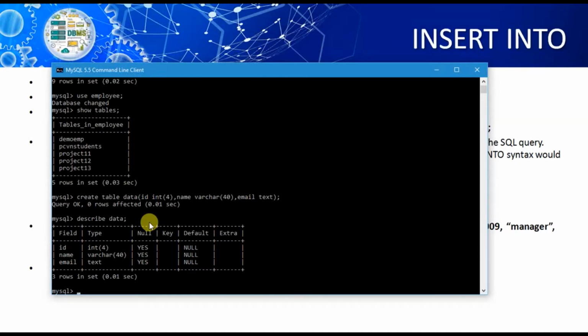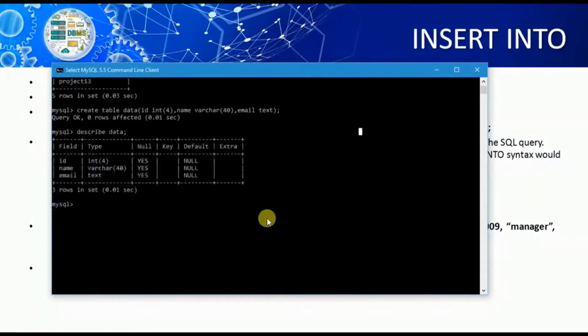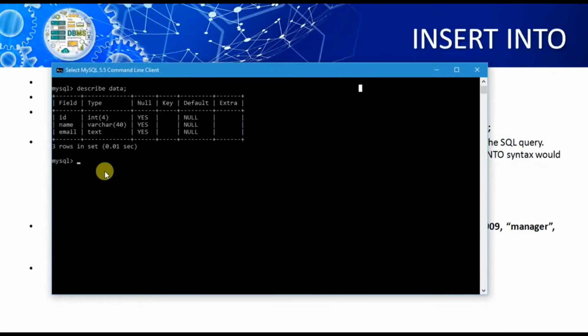For insertion, I want to pass the insert into query. So insert into, space, table name. Table name is data. After that, column names. My first column name is ID, comma, name, comma, email, and close the braces.